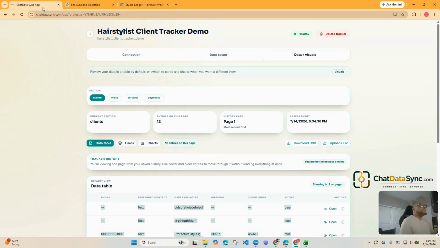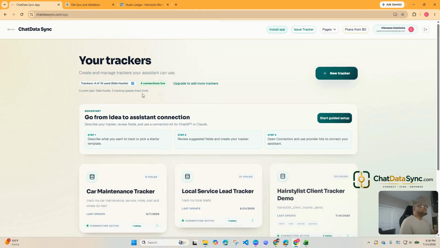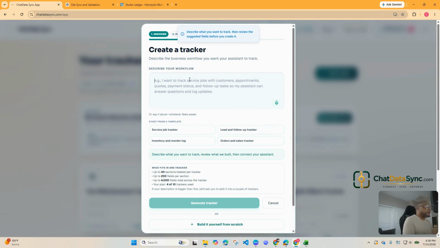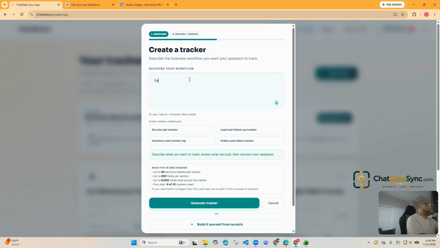In Chat Data Sync, you get your first tracker for free. So once you get your first tracker, if you want to try this, you can just shoot me a DM or something. I can send you the example spreadsheet. But basically, your first tracker you have for free. On that first tracker, you start a new tracker and you say, "Hey, I want to track my hair clients," whatever you want to do. You give it a name,